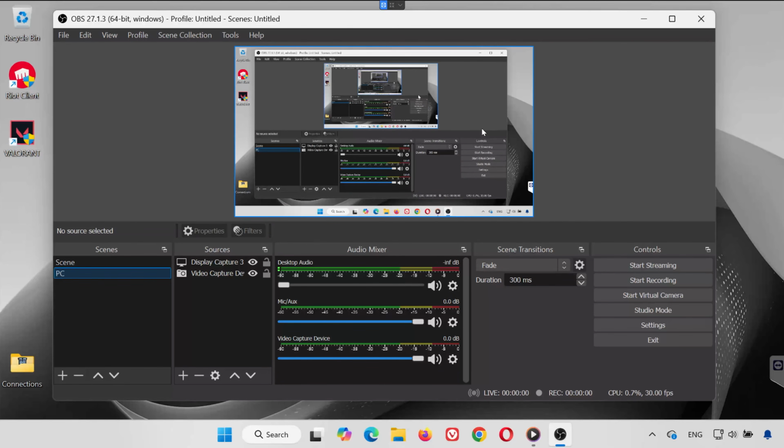And that's it. Those are the easiest ways to fix OBS game capture not working or showing a black screen